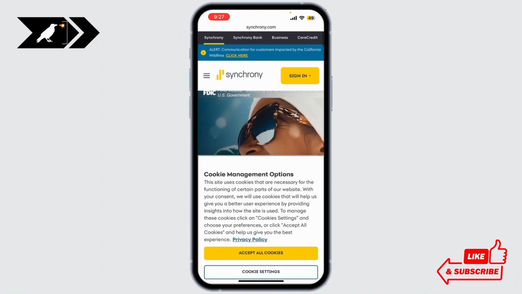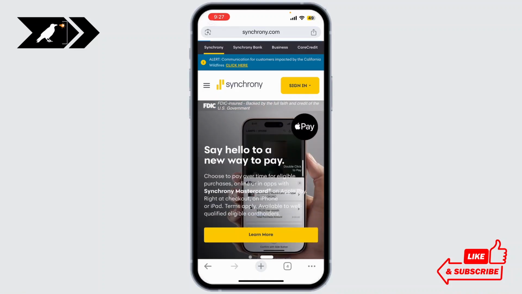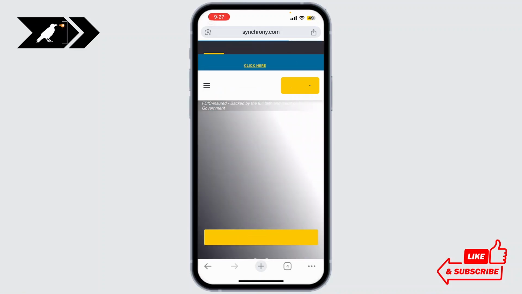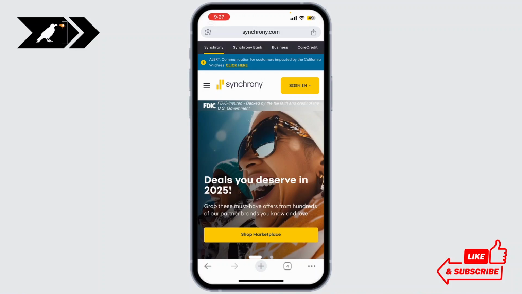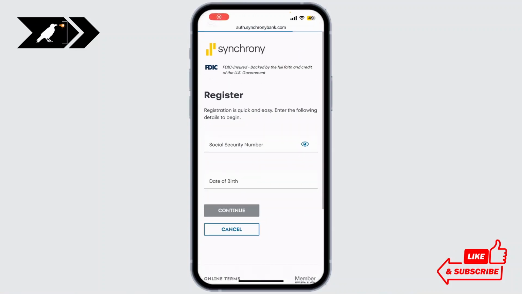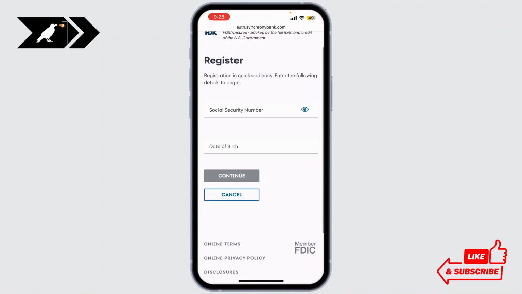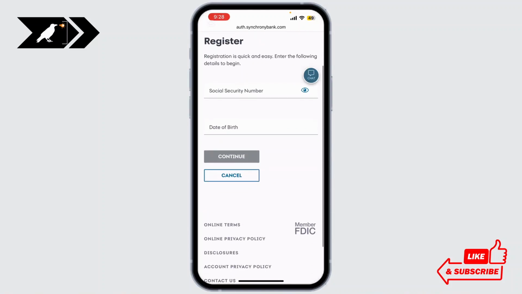Once you're on the website, look for the apply now or sign up button. This will usually be displayed prominently on the home page. Now, what you need to enter is simply your social security number and your date of birth. After you've done that, simply click on continue and you'll need to choose the type of account you want to